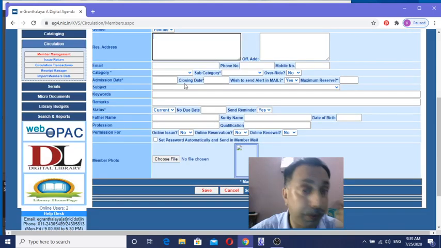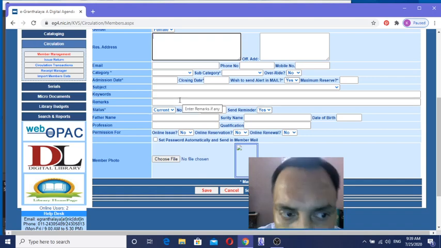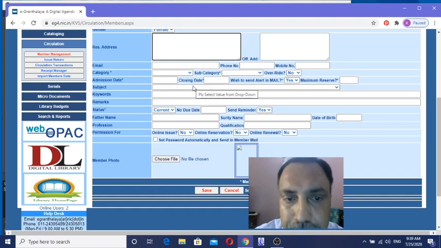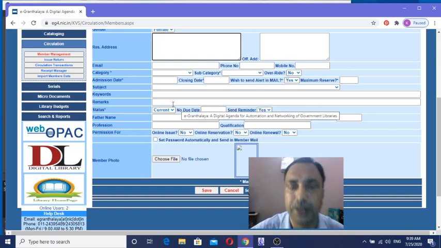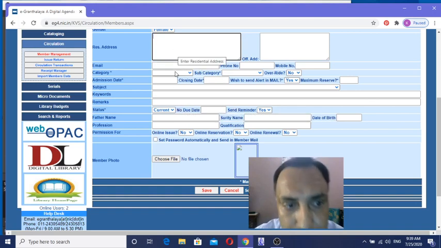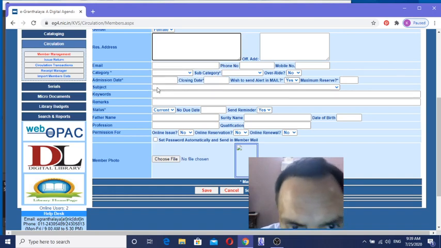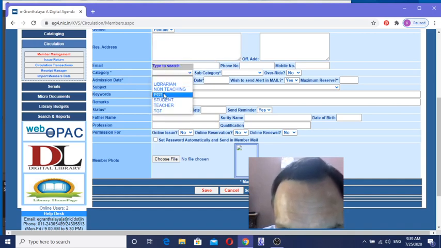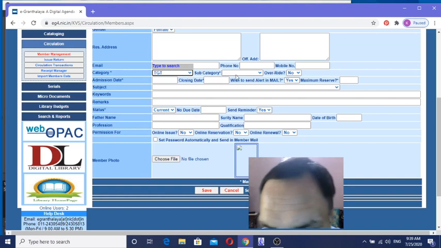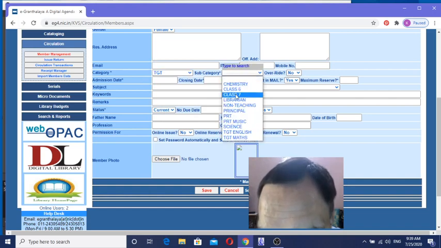After filling all data fields, it will be very helpful for you in future, because if anyone is not returning the book, or anyone has left the Vidyalaya without taking notice from the library, in that case you may provide him or her a reminder in the form of an email, or you may call him or her. Hence take the phone number, email, and all others. Here category is mandatory. I am choosing the category. I have already put it, saved previously. Hence it is TGT.